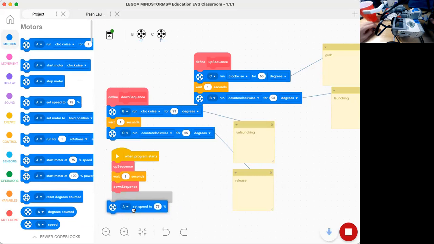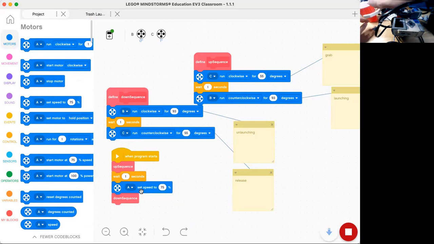Before we go into our down sequence, I want us to slow down our B motor, so that when it comes down really fast, it doesn't fall down and crash and fly away. It's default to 75%. I'm going to change it to 30%. So if you check it out,